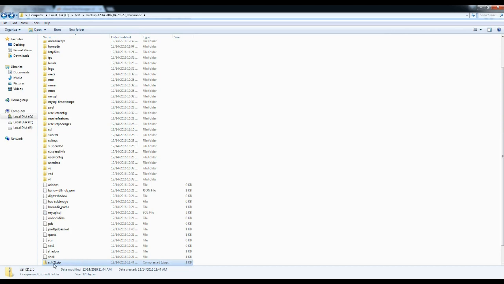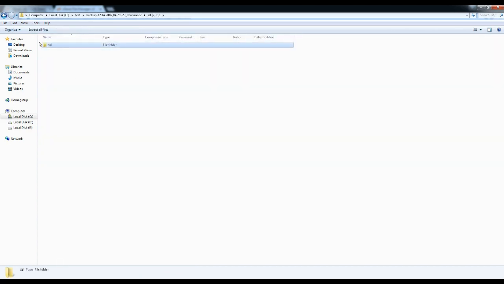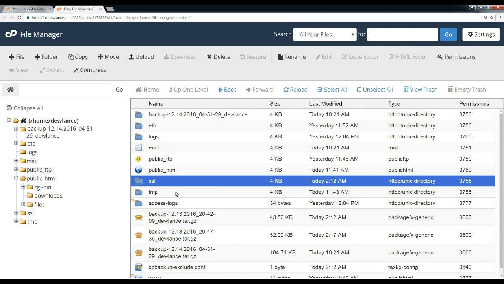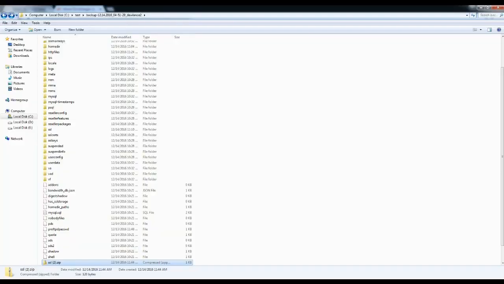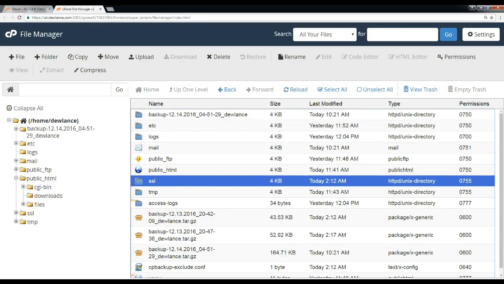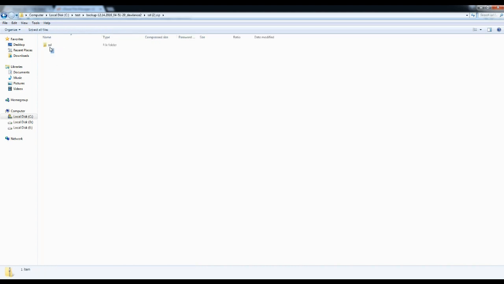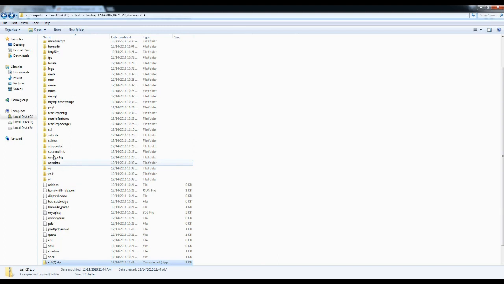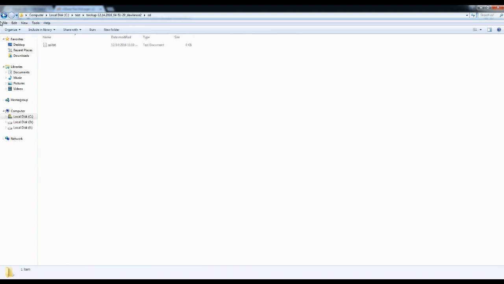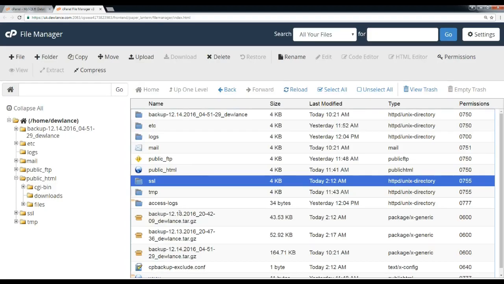but we can compress the SSL folder because here we compress it. It contains the SSL folder. Now this time we don't need to open the SSL folder because you can see the zip folder already contains an SSL folder. If it does not contain the SSL folder and you are restoring from this one, then we need to open it, else we don't need to open the SSL folder.